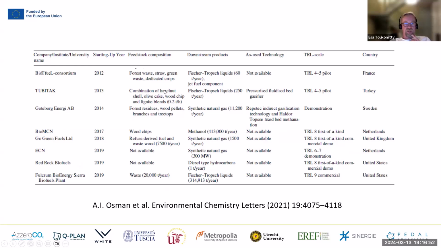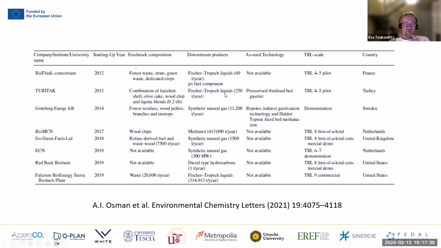Here are also leftover waste materials like hazelnut shell, olive cake, wood chips, lignite blends, residue from wood, wood chips, refuse-derived fuel that I'm not familiar with, and some waste material. And the processes or products also are Fischer-Tropsch liquids,